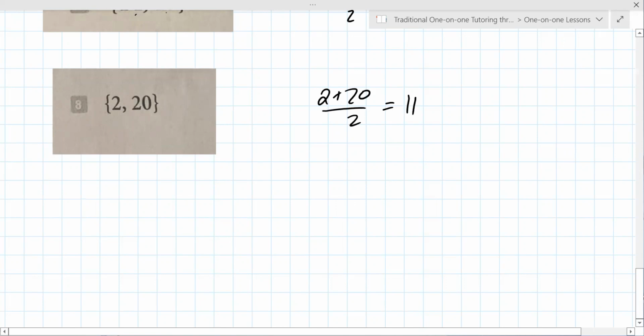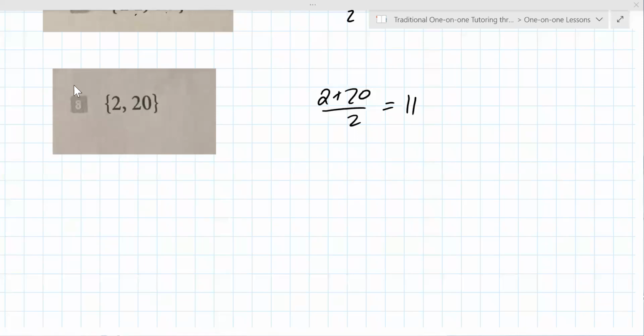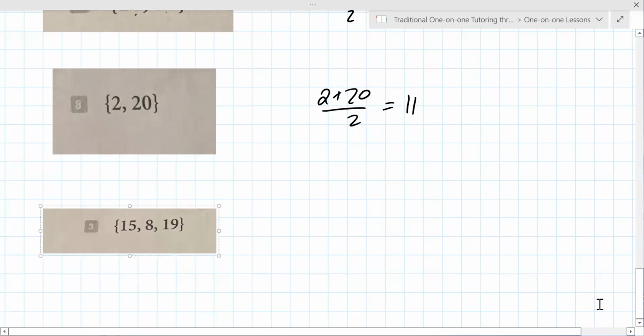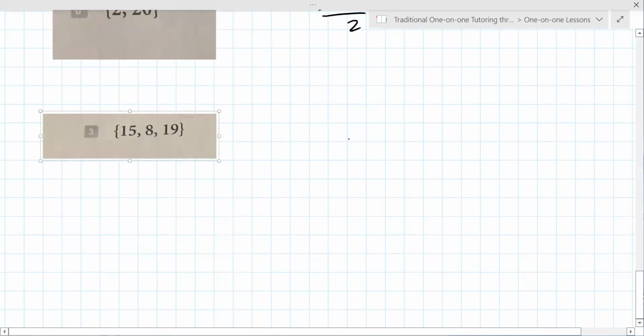Very good. Okay, now let's go back to 3. It's no different. You just add up the numbers and divide by the number of numbers. What I do is 15 plus 19, and then whatever that is plus 8. To shortcut this, you could think of it as 15 plus 9 plus 10. That's your 19. 15 plus 9 is 24, plus 10 is 34, plus the 8 is